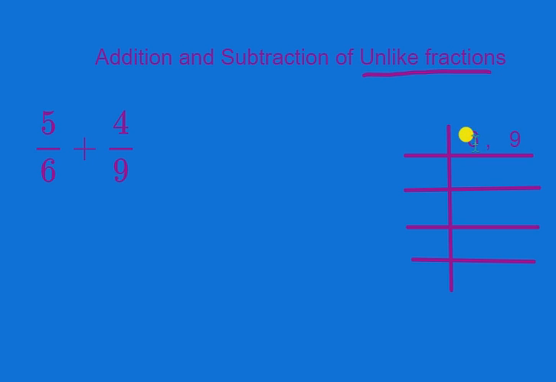Now let's choose the common factors. They both are not divisible by 2, so we will move towards 3. 3 2 times is 6, or 6 divided by 3 is 2, so it will come underneath it. Whereas 9 divided by 3 is 3, or 3 3 times is 9. We can go both the ways, either division or multiplication, to find out. Okay, so we have 2 and 3 now. For finding out the LCM, we keep on dividing until and unless we get 1 and 1 for both the factors. As they both are not divisible by any common factor now, so we can choose one factor at a time to divide one of them and reach to its simplest form, which is 1.